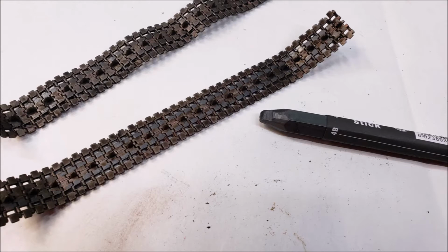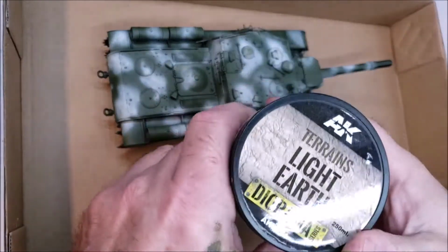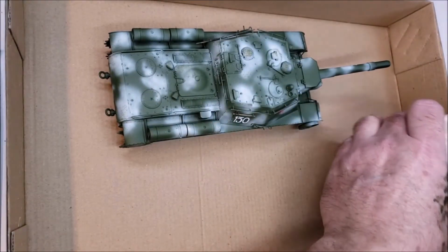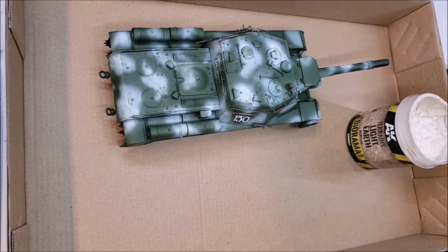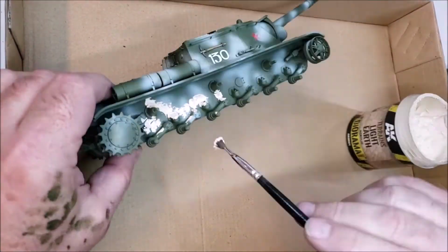So then I set the tracks off to the side and I move on to the next, since this is pretty much what I'm looking for before I get into weathering. The next thing I'm going to do is use this AK Light Earth. Now, I probably should use the Dark Earth, but this is an interesting little acrylic product that basically splotches mud